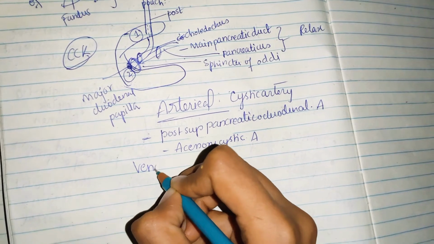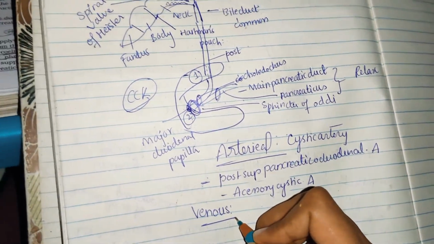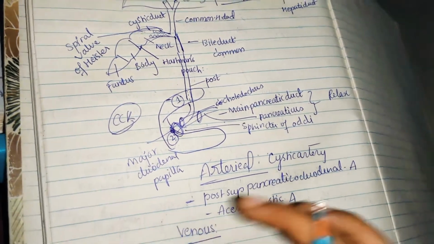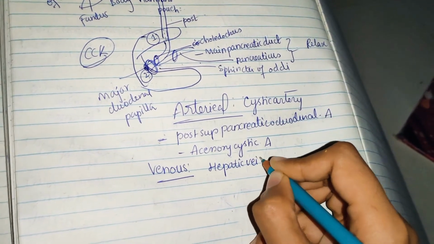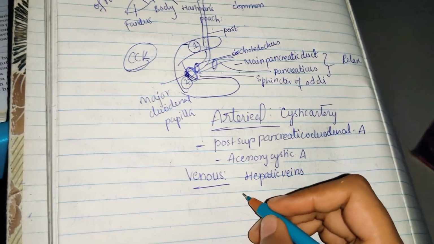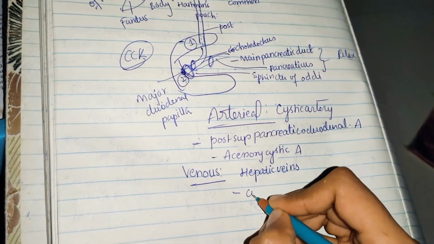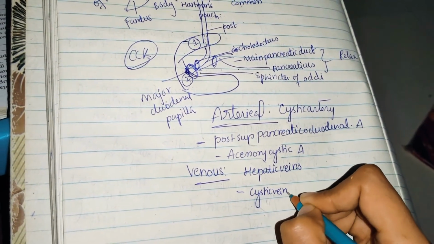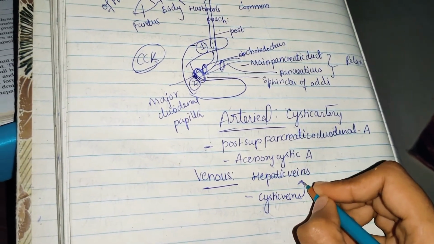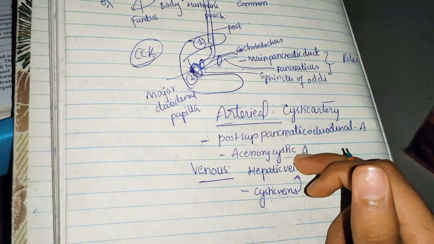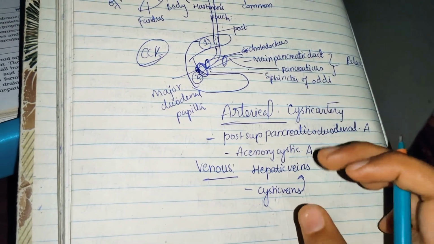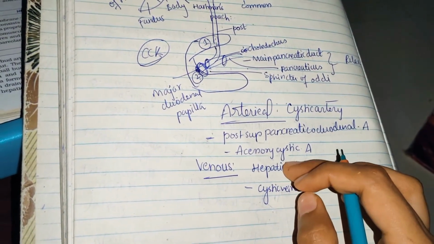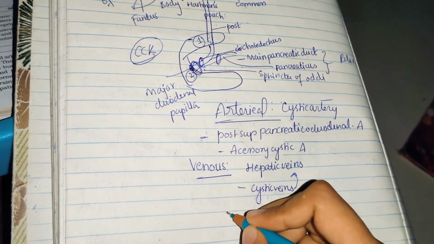Okay. So now coming to the venous drainage, let us discuss the venous drainage of this extrahepatic biliary system. The venous drainage is mainly by the hepatic veins. The rest of the gallbladder drains into the cystic veins, and from here they commonly enter the liver by means of hepatic veins. Either they will enter directly or they join some other veins and drain into the hepatic ducts, and next into the upper part of the bile duct. Rarely, the cystic vein opens into the right branch of the portal vein, and also the lower part of the bile duct drains into the portal vein.